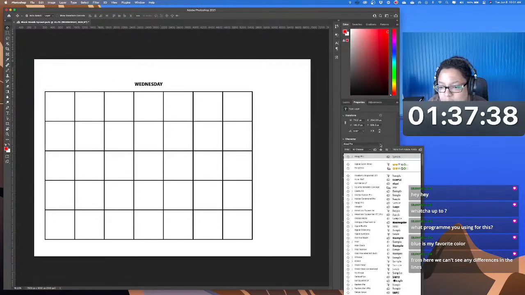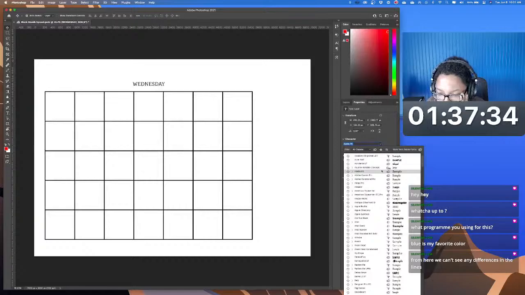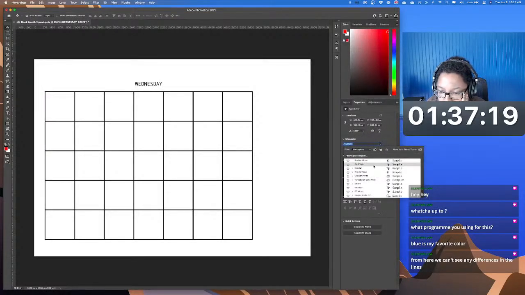Let's try a different font. It won't hurt nobody. It's definitely got to be sans serif, because I want these perfect. Actually, you know what, let's make it monospace. It gives us less options, but